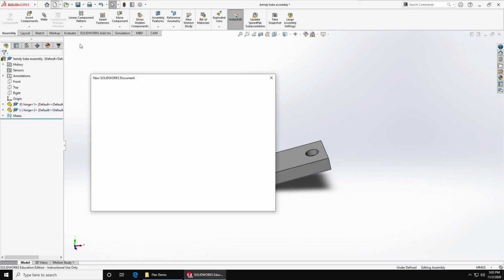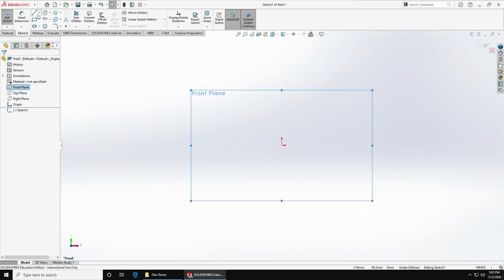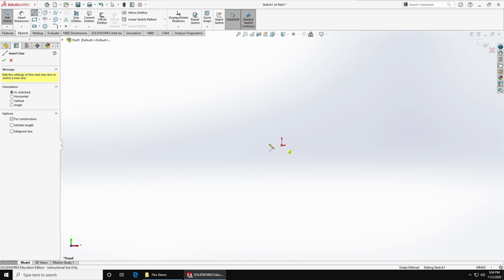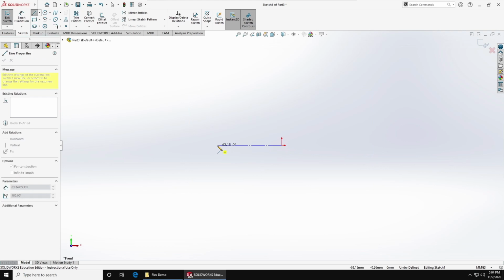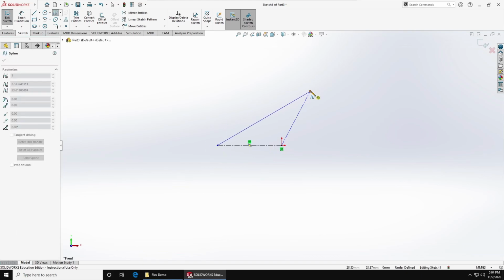In this case, we're going to open up a new part and start a sketch on our front plane to create our sweep path. I'm going to begin by creating a center line that starts at our origin and goes out horizontal, and another center line that starts on the origin and goes up at an angle. We're going to leave this angle to be the bit that is underdefined. Next up, I'm going to create a spline with 2 control points, one at the end of this construction line and the other at the end of